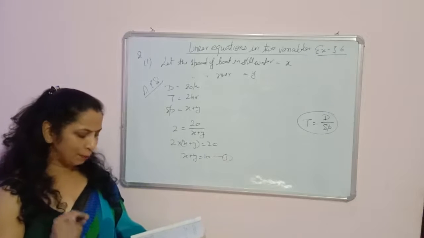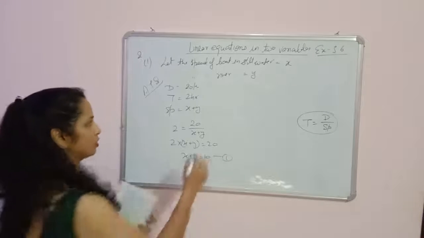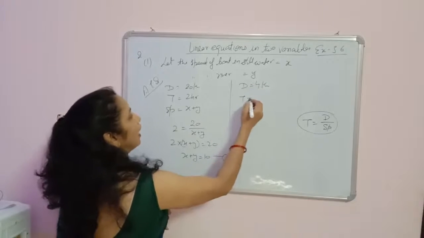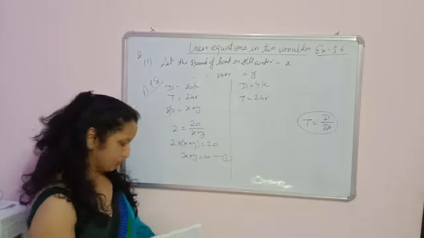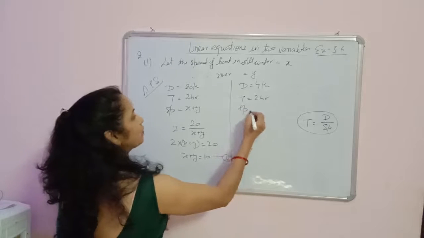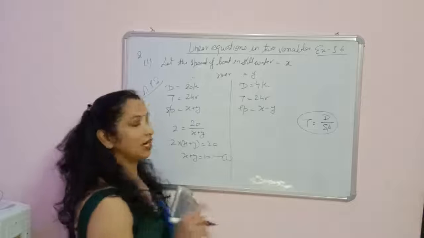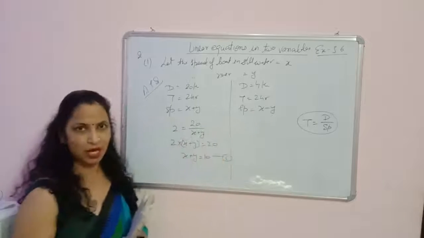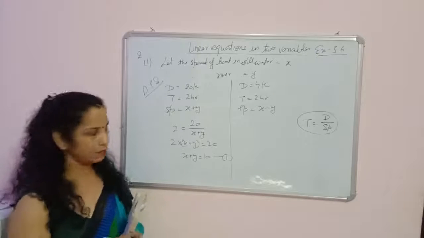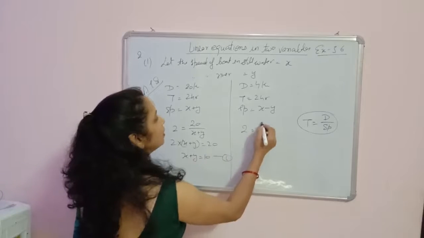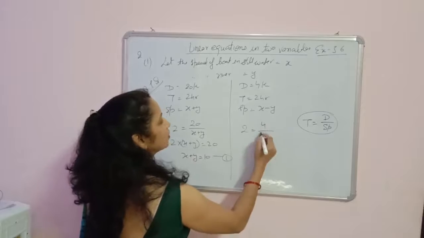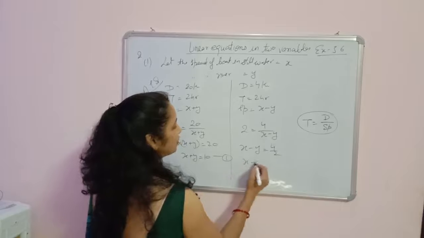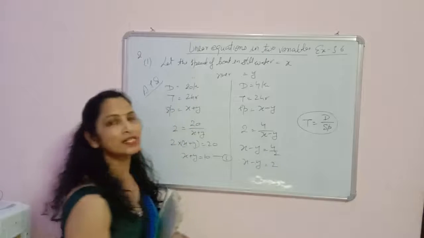Now continue the upstream: 4 km in 2 hours. So in case of upstream the distance is 4 km and the time is again 2 hours. Since she is going upstream, the speed will be x minus y. Again, the important thing is the speed of the boat should come first. You will separate the river's speed from the boat's speed. So time is equal to distance upon speed, so the equation will be x minus y is equal to 4 upon 2. It means x minus y is equal to 2. This is the second equation.